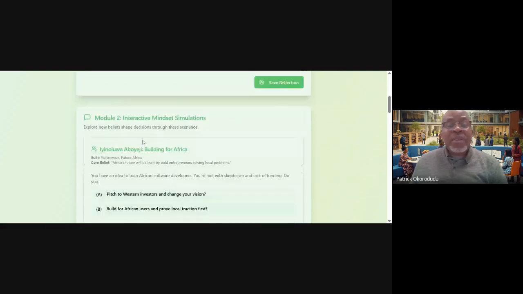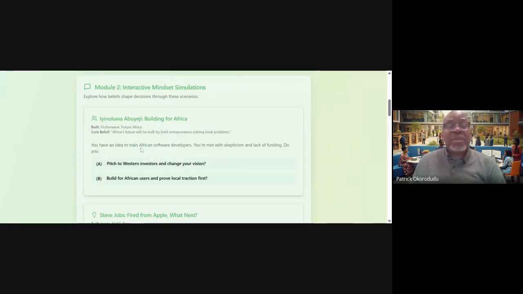Now, this particular web app, this simulation, basically makes you think. For example, there's a question that says, you have an idea to train African software developers. You're met with skepticism and lack of funding. What do you do? Remember, let's go back to the question again.